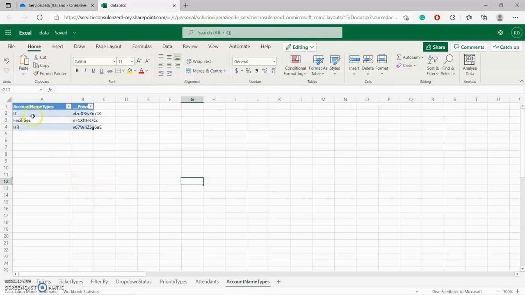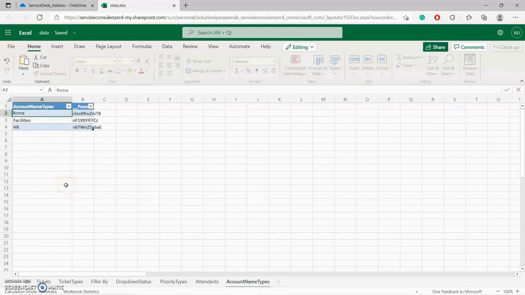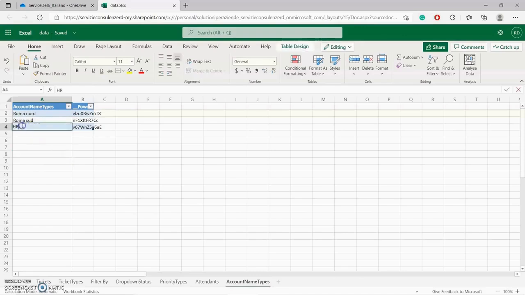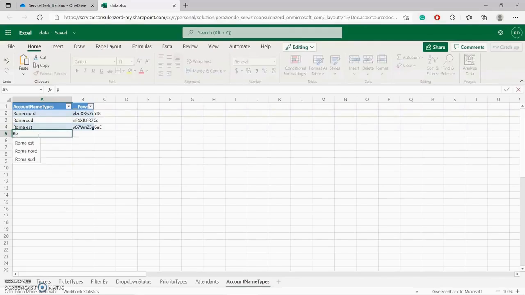And here, let's say that our city is divided into parts, assuming it is an emergency repair intervention breakdown: Rome North, Rome South, Rome East and Rome West. At this stage, we can close the file